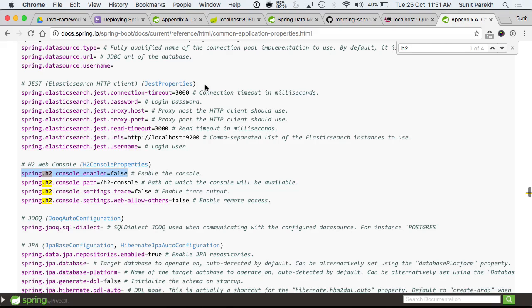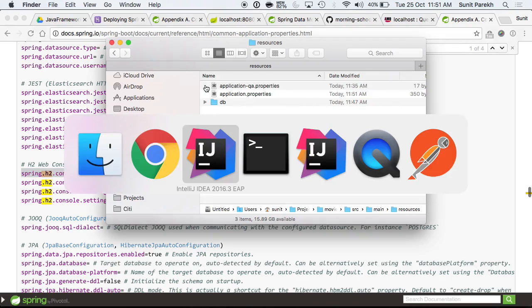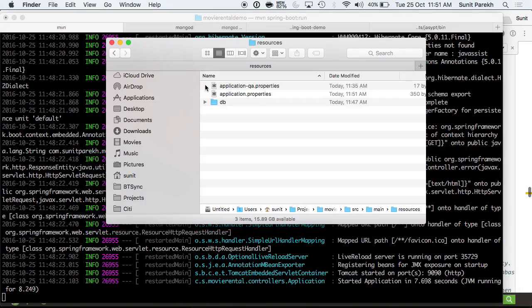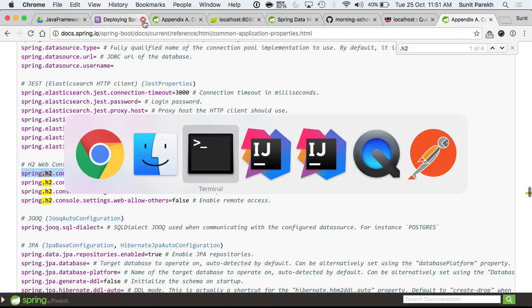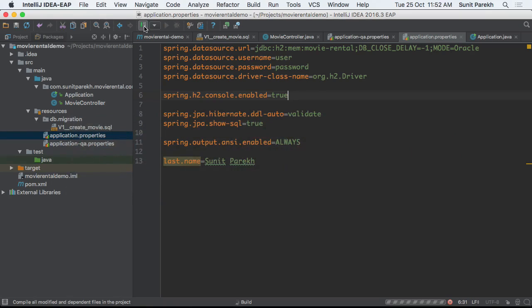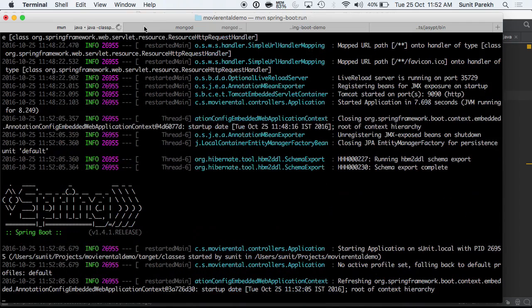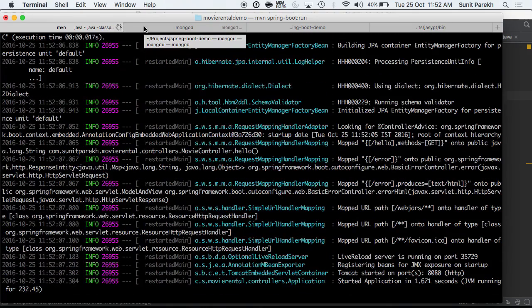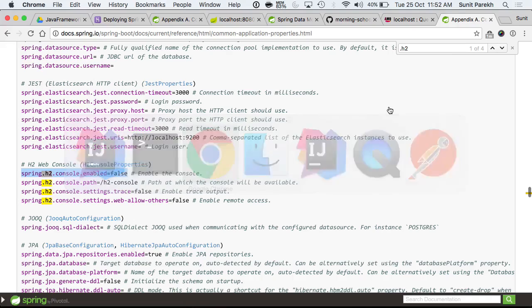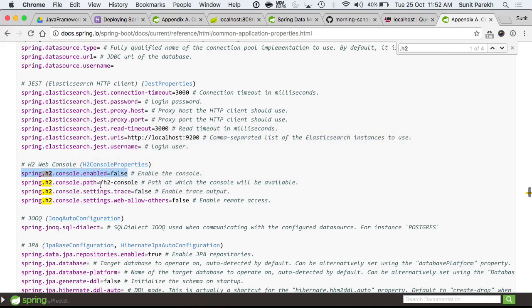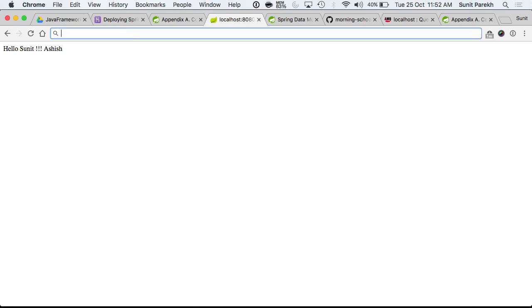I think on compilation it should restart the application here. Now, I know the port there. I have to go to the H2 console path. So if I go here,